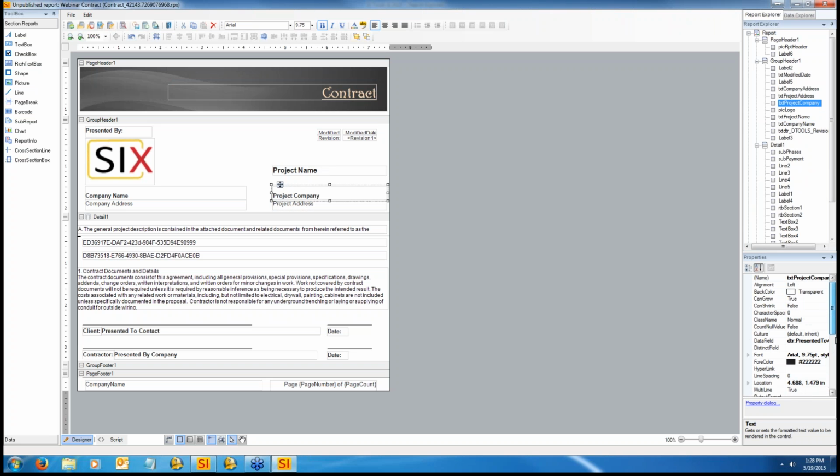Now, this information here has a data field, and that means that it's pulling from a specific field of data. So, for example, this is pulling from the company name of the actual client, and this is pulling from the company data for the actual person, or the company, doing the project, and their address. And here's the address of the project. This specific data here is scripted,